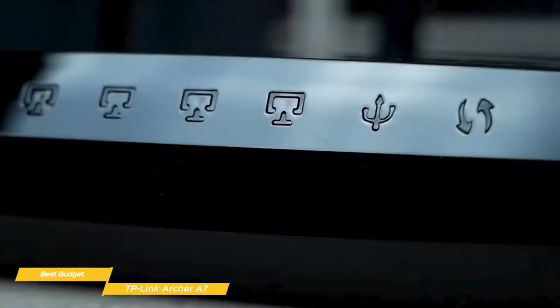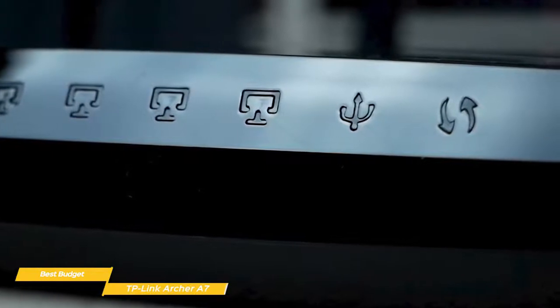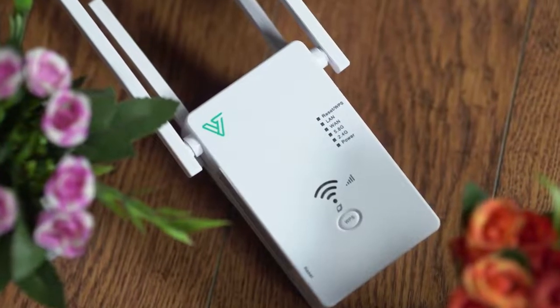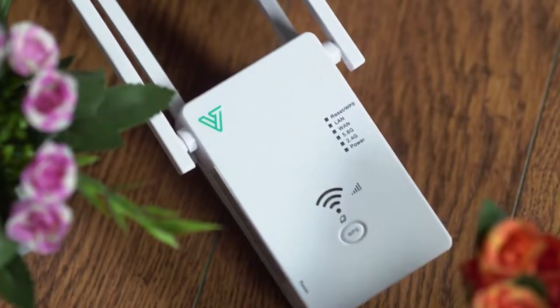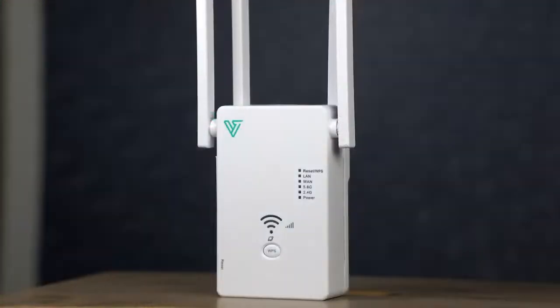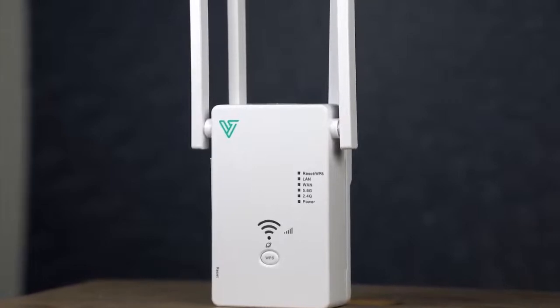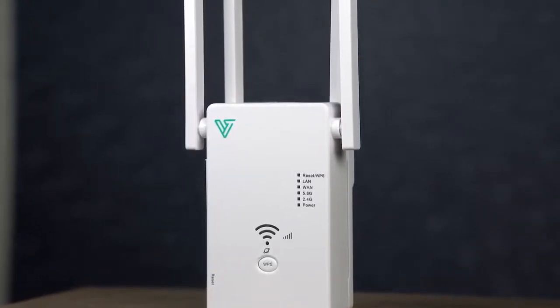Although its range isn't as great as the Nest Wi-Fi or AX11000, the A7 is ideal for a small to mid-size home. You may be better off just buying a router like the A7 and pairing that with a Wi-Fi extender like the Veritag DB1200 or TP-Link RE450. A lot of people think that their issue is the router, but most of the time it's simply the range from the router. So getting a Wi-Fi extender might be a cheaper and better alternative to extend your range versus